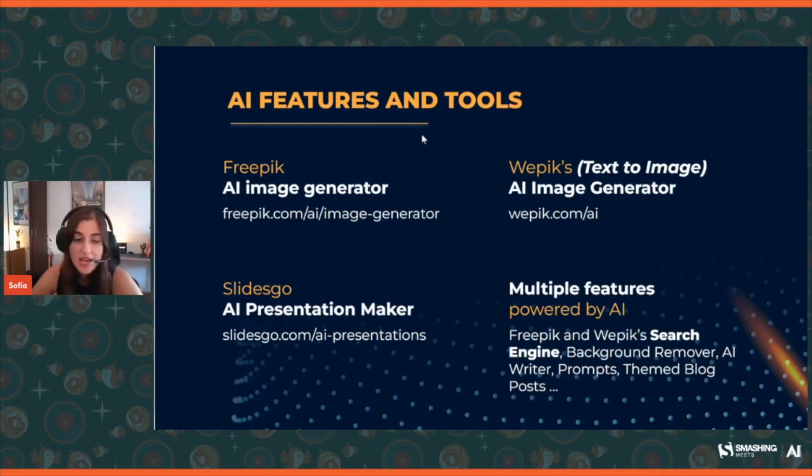And we also have an AI presentation maker where you can simply, by writing down a prompt, generate in, I think, less than a minute, a complete presentation with the text being brought in by ChatGPT, and the images taken from Freepik's archives. So the images are not generated, they're searched for in the collection of images, but it's really a great product. In minutes you will get a presentation that